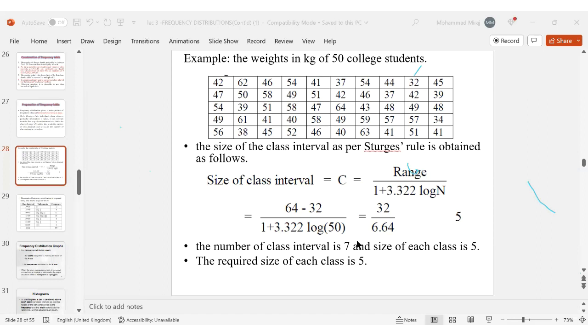देखिए यहाँ पे मैंने आपको बताया, ये आपका 5 निकल के आया। 5 क्या है? साइज है क्लास का। तो मतलब आपने साइज कितना लिया? 30 से 35, 35 से 40, ये 5 साइज हो गया। और आपका मैक्सिमम कितना था? 64 था। मिनिमम 30, तो आपने 30 से लेके 35, 35 से 40, तो इस तरीके से आपके 7 ग्रुप्स आ गए। साइज ऑफ द क्लास इंटरवल सिंपल। कि 5 निकल के आए, जब ऐसे आपने डिवाइड किया तो 5 साइज के हिसाब से आपके 7 ग्रुप्स बन गए।